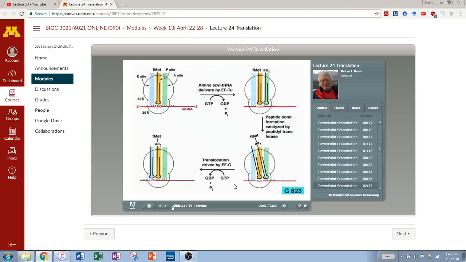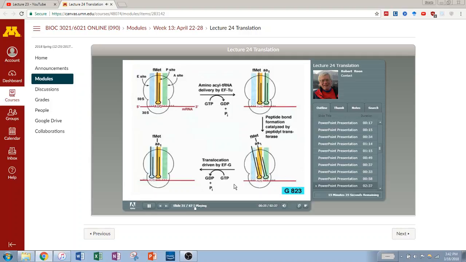Elongation takes place on the ribosome and is catalyzed by a ribozyme or catalytic RNA enzyme. The 50S component of the ribosome has 3 binding sites for tRNA called the A site, aminoacyl site, the P or peptidyl site, and the E exit site. On this slide, we're looking at the initial formation of the first dipeptide in a protein, starting with the fMet residue. The codons of the messenger RNA are recognized by, that is, they base pair with, the anticodons of the